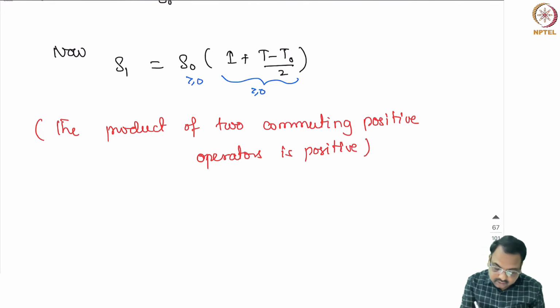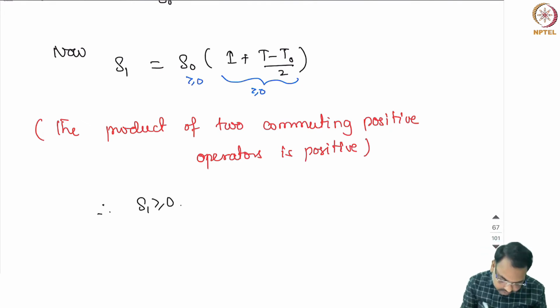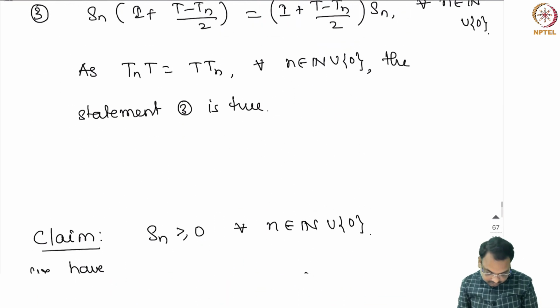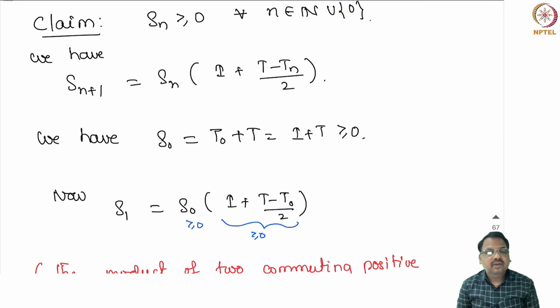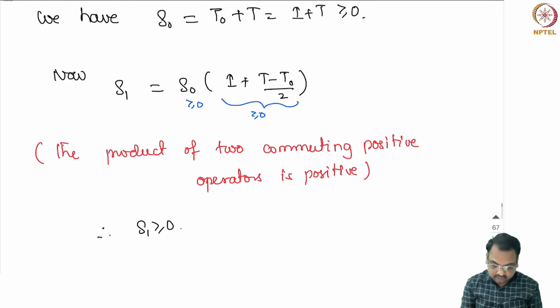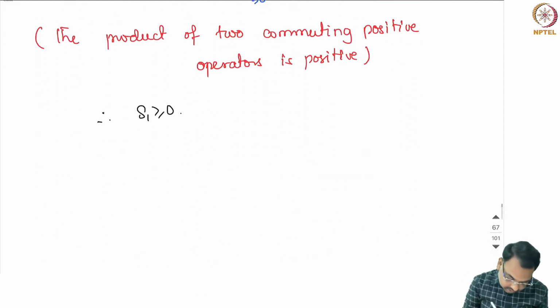Now using this we can conclude that S1 is positive. Now the same way by induction, if we assume that Sn is positive, then from that we can conclude that Sn plus 1 is positive because of the same result. So hence